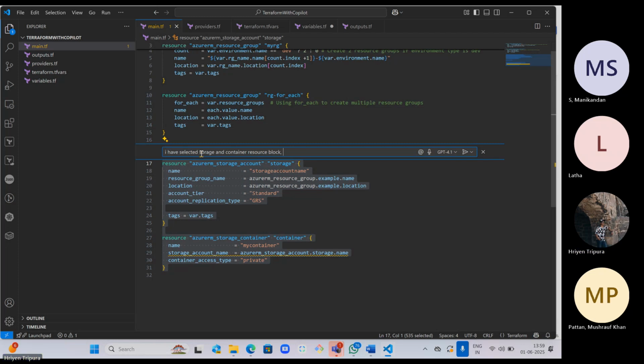Please create variables, variable, I think it's the correct spelling. Variables for storage,